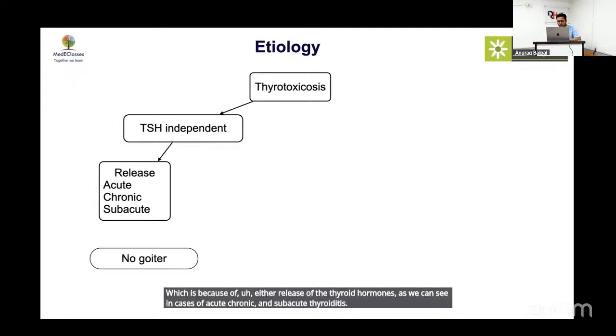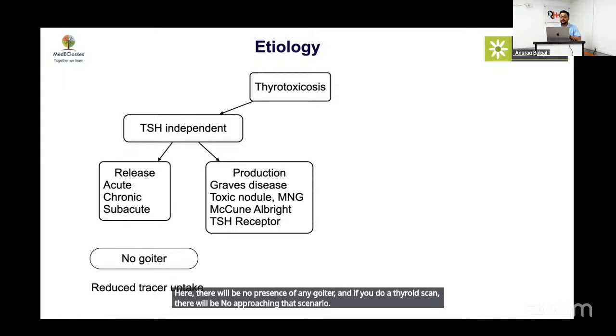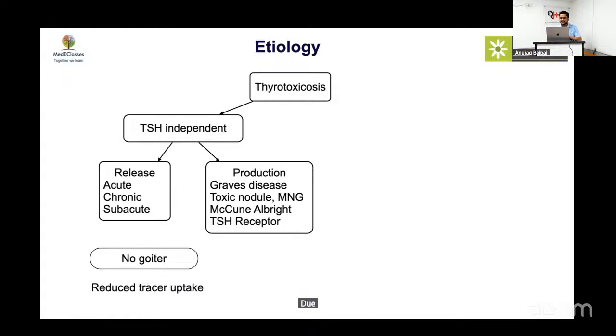Here, there will be no presence of any goiter, and if you do a thyroid scan, there will be no uptake in that scenario. Or it could be due to the excess production of the hormones due to Graves' disease, most commonly. Other causes like toxic nodule, multinodular goiter, or rarely McCune-Albright or TSH receptor activating mutation can cause TSH independent